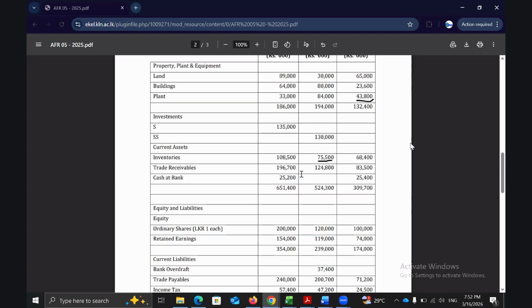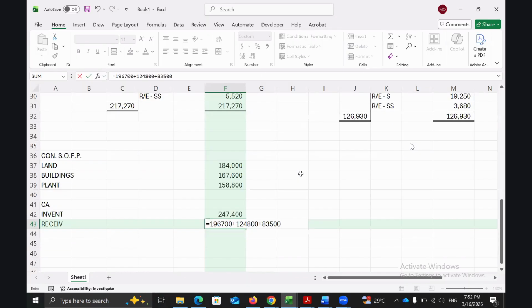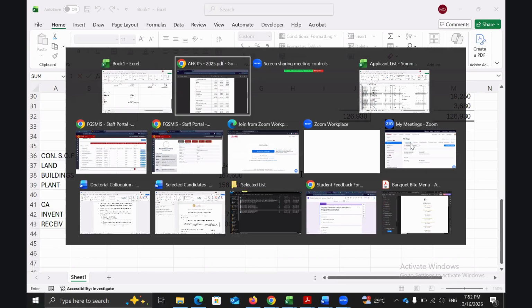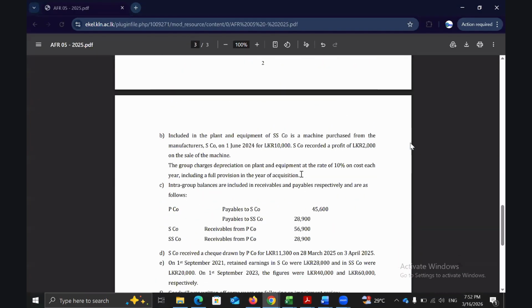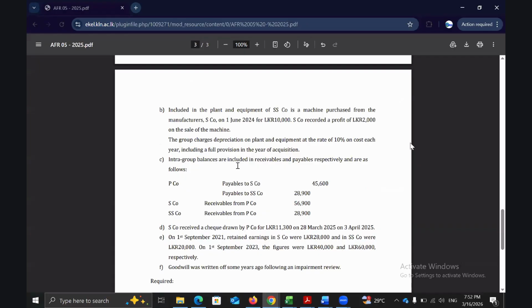Trade receivable 196,700, 124,800, 83,500. But in the question, it mentions that intergroup balances are included in the receivables and payables respectively